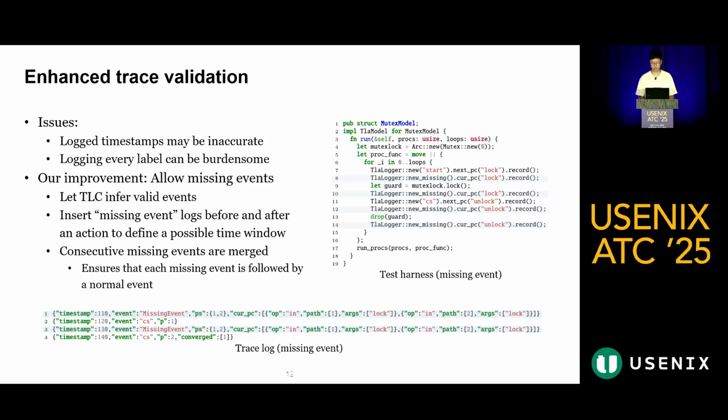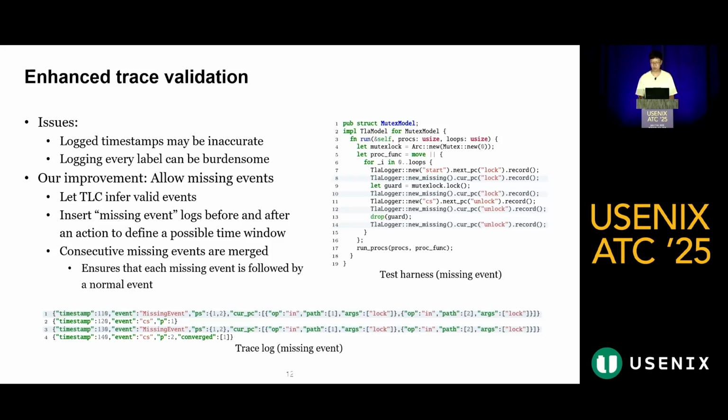To tackle these issues, we developed an enhanced trace validation technique that supports missing events. We insert special missing event logs before and after an action, defining a flexible time window during which the action may have occurred.